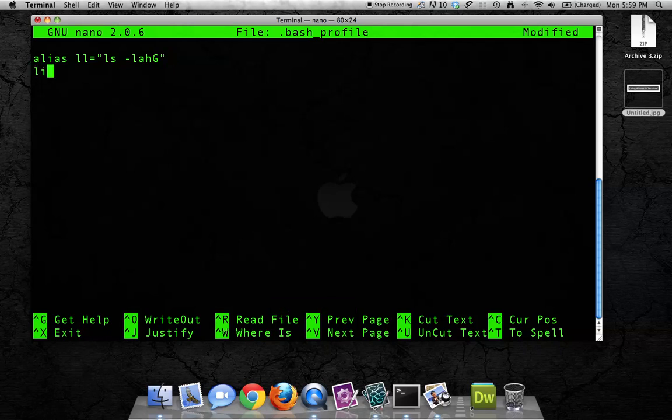I want to do another alias that I like to use, which is targz, and that's what I use whenever I have a file that is a .tar.gz file, and I want to go ahead and just unzip that whole file. So targz is the shortcut I use. So that's going to do